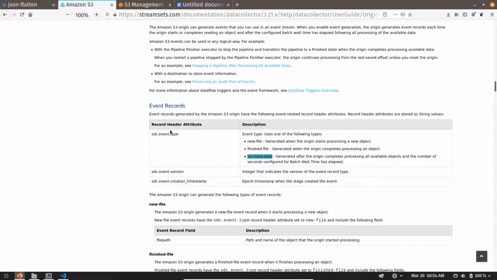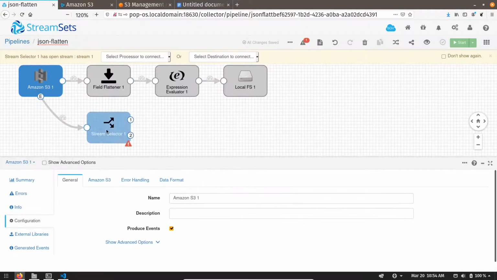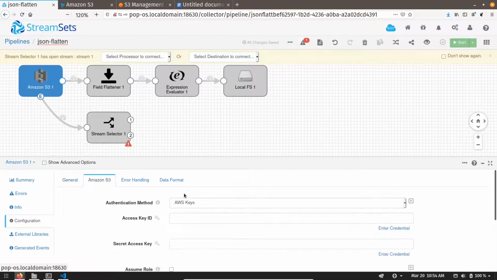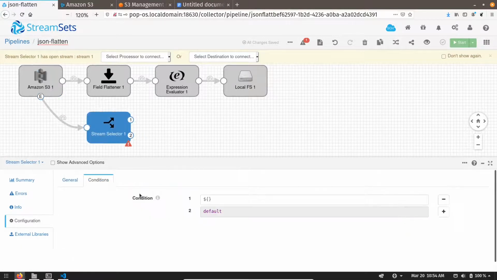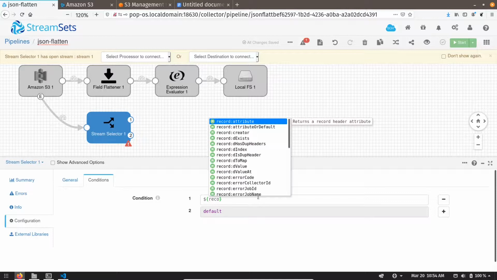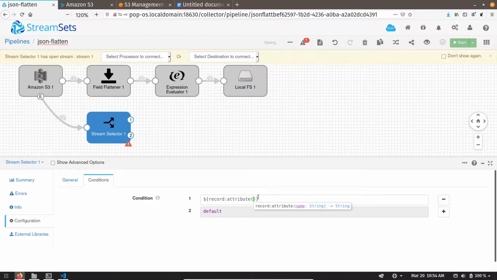To get the record header attribute, we can use the function called record attribute, and in this function we can give the name of the attribute.